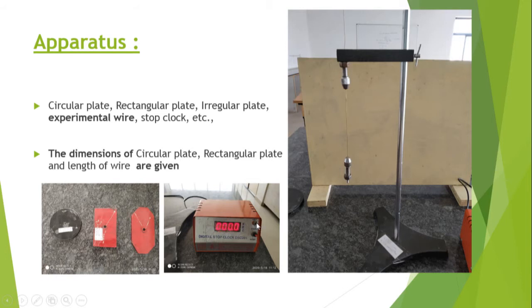The first purpose is making the digital clock go into alt mode. Now it is in the alt position. If you start, the time starts to count. At any point of time, if you want to reset the clock, the number displayed here, you can press the reset button, shown in red color. So this is the reset button, alt, start switch, and toggle switch. This is about the apparatus.